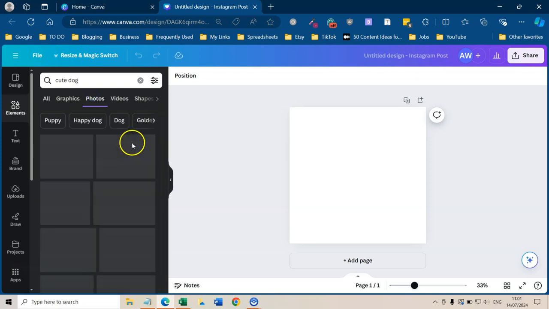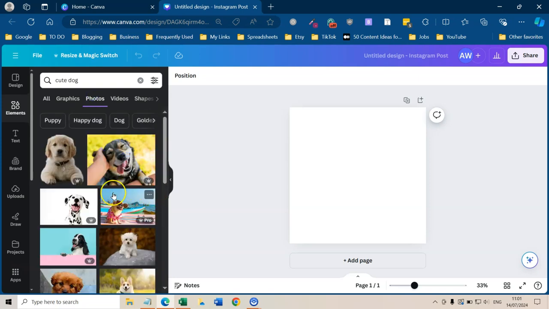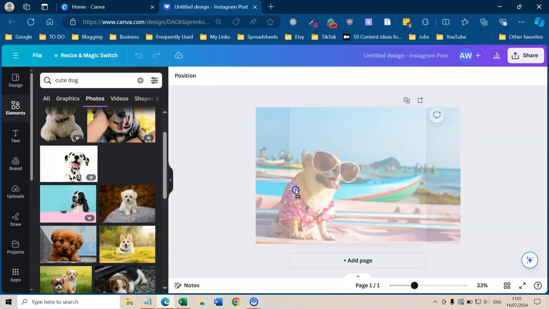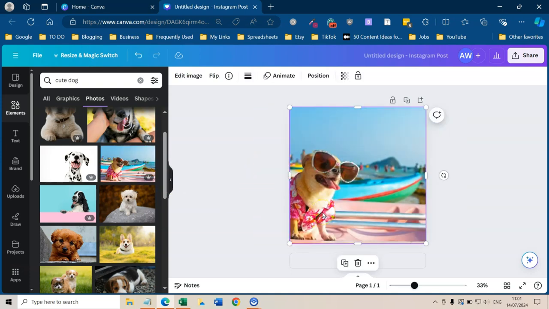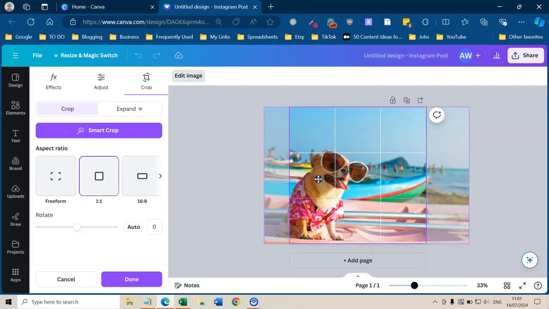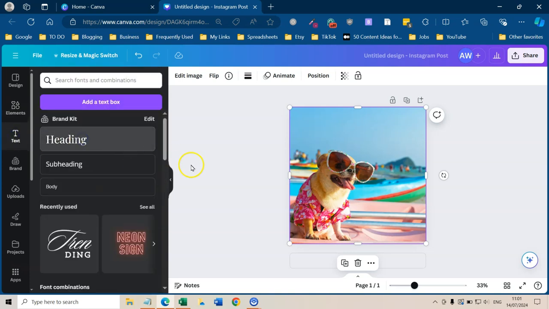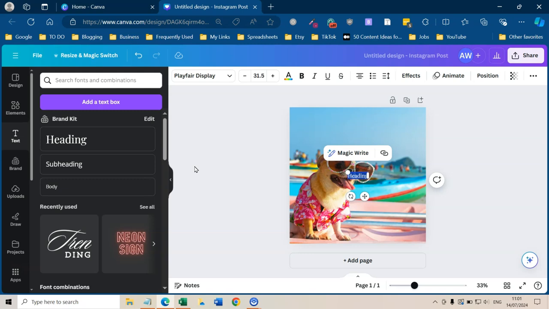I'm going to go to photos. We're going to find something. Let's use something like this because there's a lot going on in the picture. For some reason I can't drag that over. Oh, try that again. There we go. Okay, so you're going to add some text, so you just add the text there, and I'm going to put